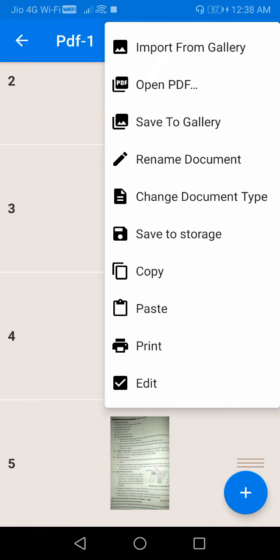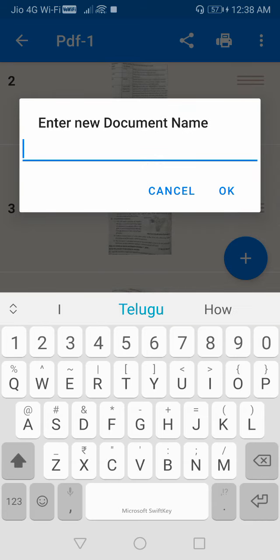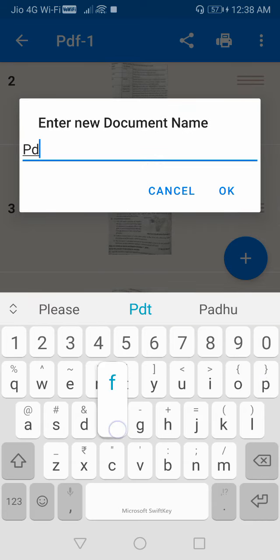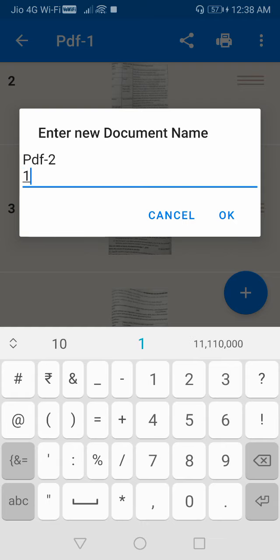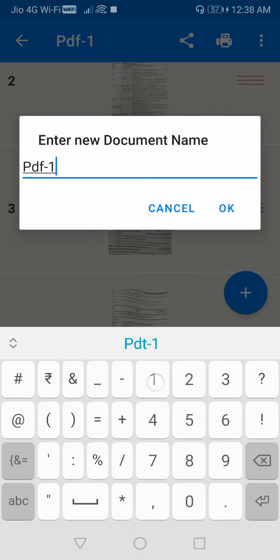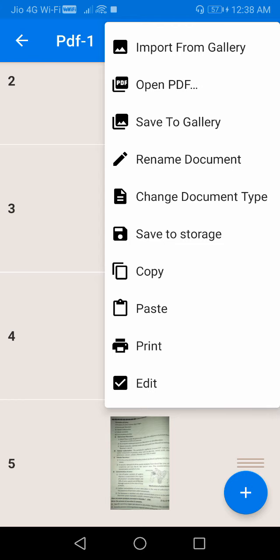Next, save to gallery. We can save these documents to our gallery, or rename. We can rename it as we want to. I want to rename it PDF 1. Next, change document type.